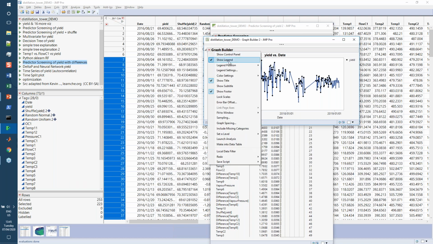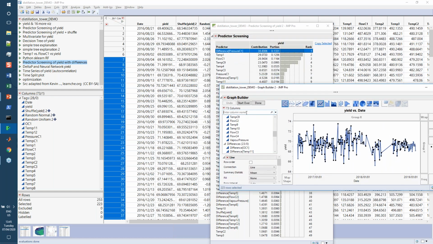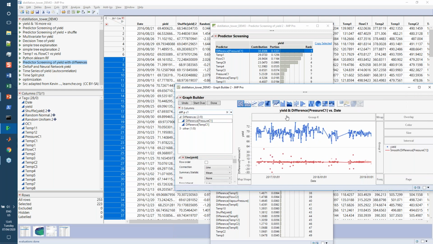So what is actually happening is I'm going to edit this one, and I'm going to go to my differences, and it is this difference between pressure and C1. So it is this one here. Now you can start to see that when I have a change in the pressure, when this was not stable, my yield was actually really low. So it turns out that what happened to be noise is actually a big contribution